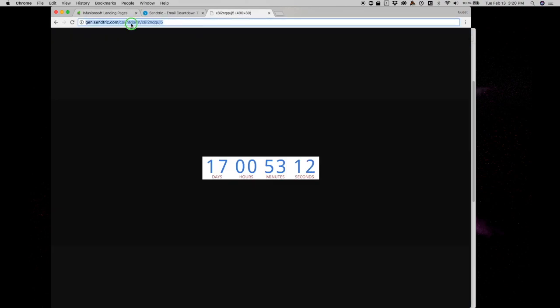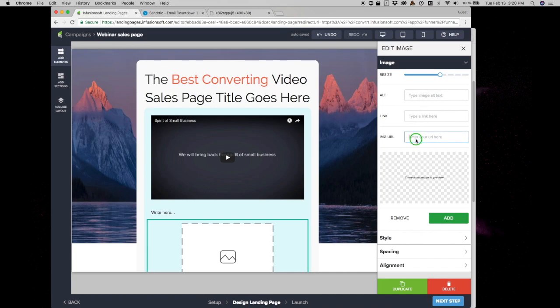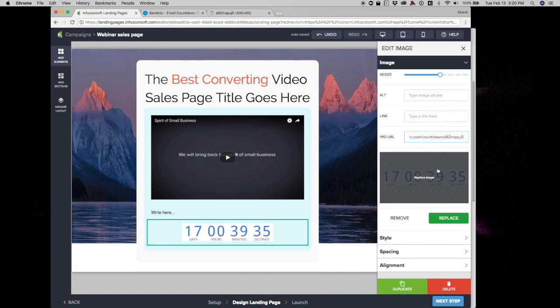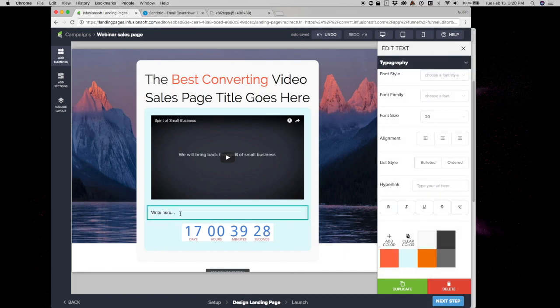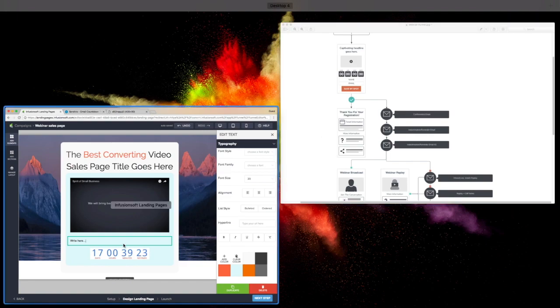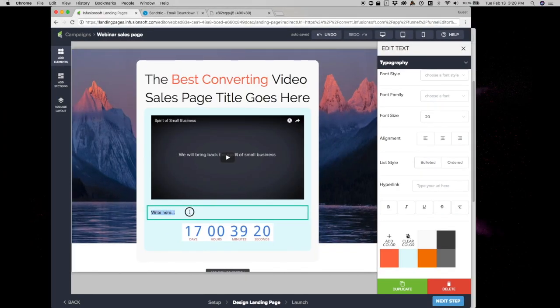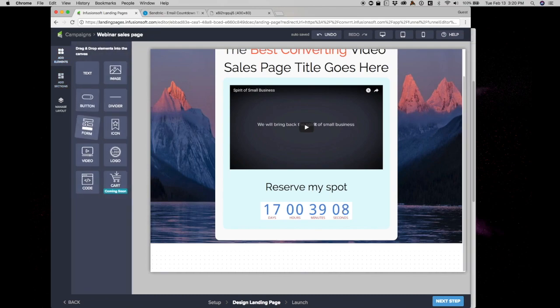So let me just go ahead and copy this URL. I can click over here and paste it like so, and so there is our image with a countdown timer running. I can also change the text over here to something like reserve my spot. So I can say reserve my spot. I'll make it in the center. I'll make it like a subtitle so it looks nice and big,